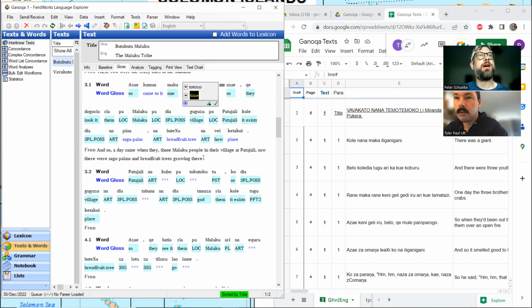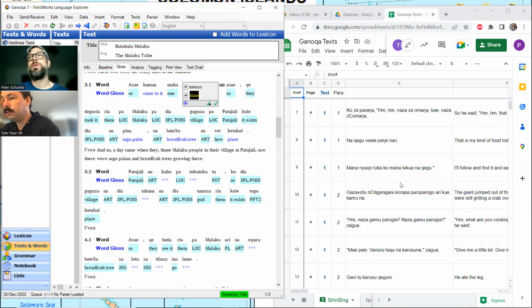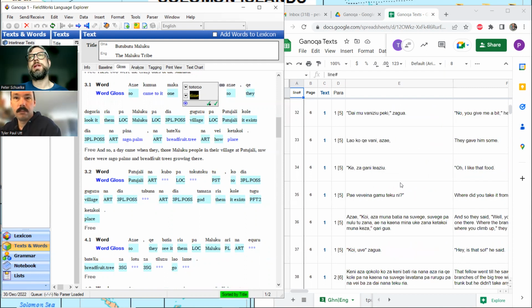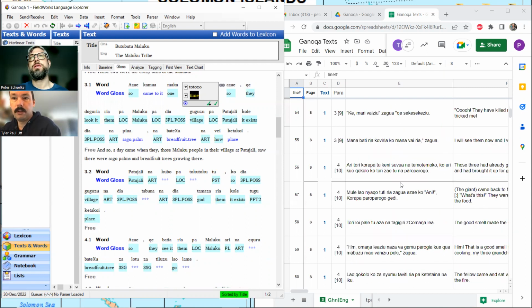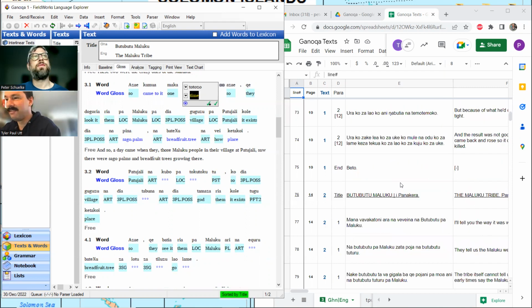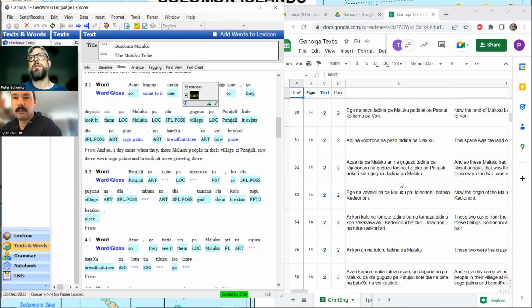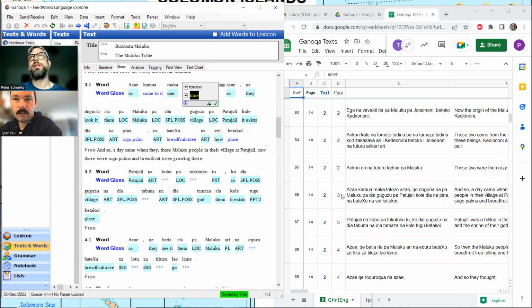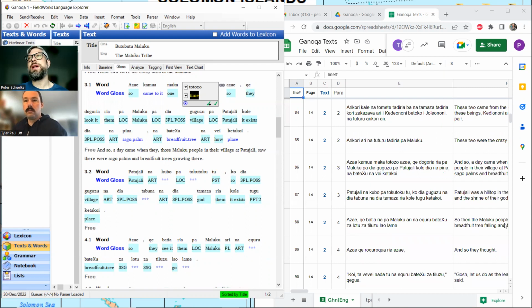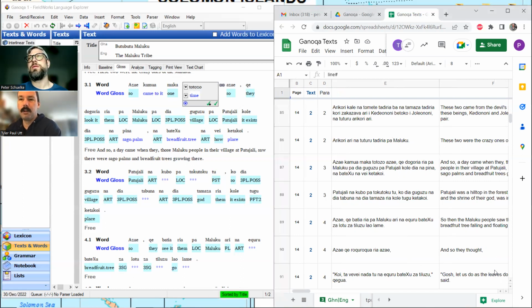So that'll be text 2. We're going to scroll down to text 2 on spreadsheet 3 and look for paragraph 3. The way Tyler has put all these numbers in here for page, text, and paragraph makes it very quick to know what we're looking for here. Set yourself up to not make mistakes, or make fewer mistakes in any case.